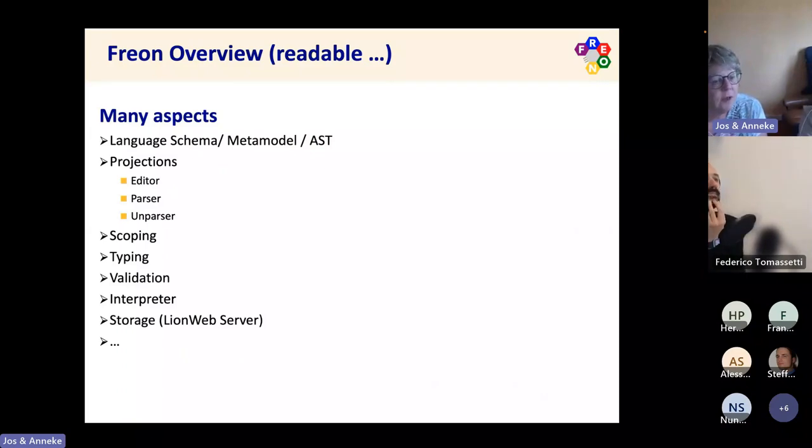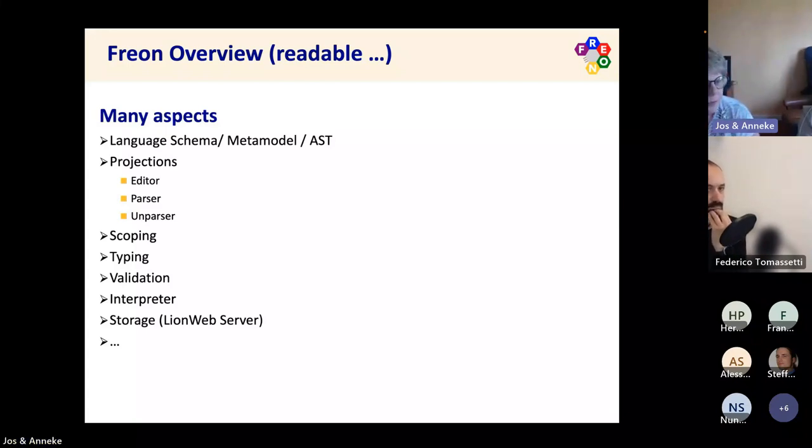We have a number of aspects in the system. Of course, we have a language metamodel. We tend to use the term language schema because that's more familiar to many developers, but in this audience, we may also call it an AST, abstract syntax tree definition, and that is, of course, the basis for all of our system.